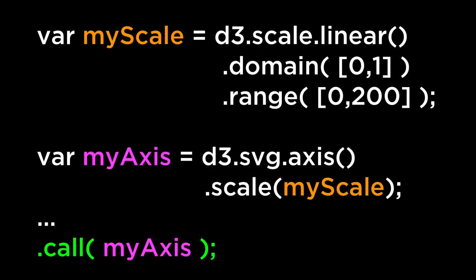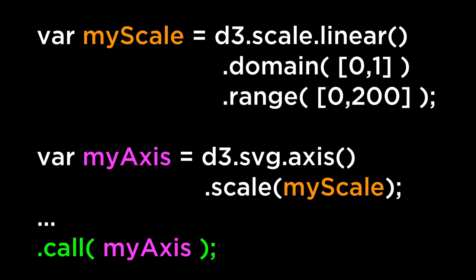D3.svg.axis component. We can give the axis element a scale in which we give it a domain and a range. After we define the scale, we can pass the scale function to the D3.svg.axis component. This allows the math to happen behind the scenes. When we do call myAxis, the scale will have been fixed so that it takes in the domain and converts it to the range. So we should expect all of the tick marks, lines, paths, and text to be generated